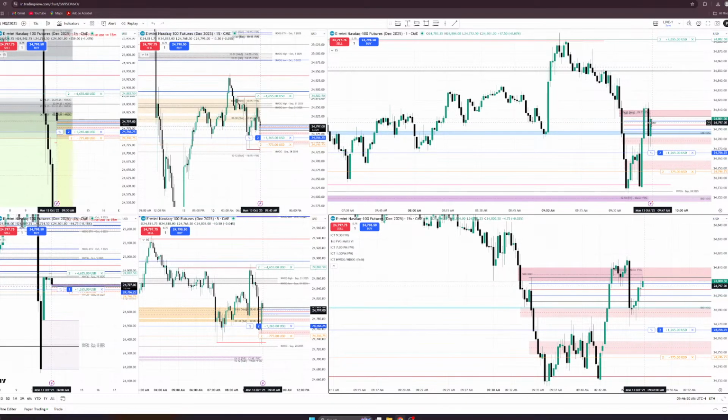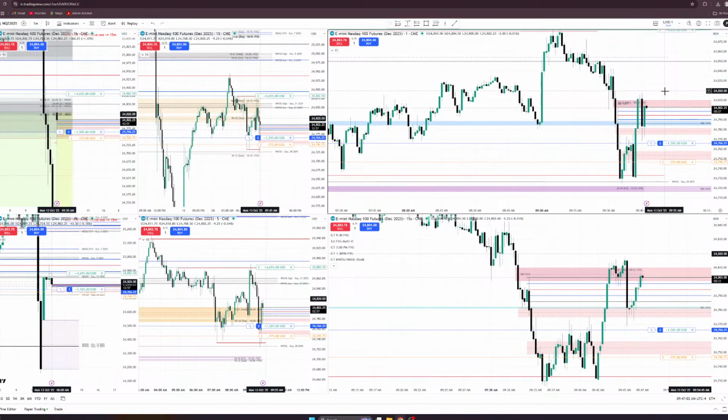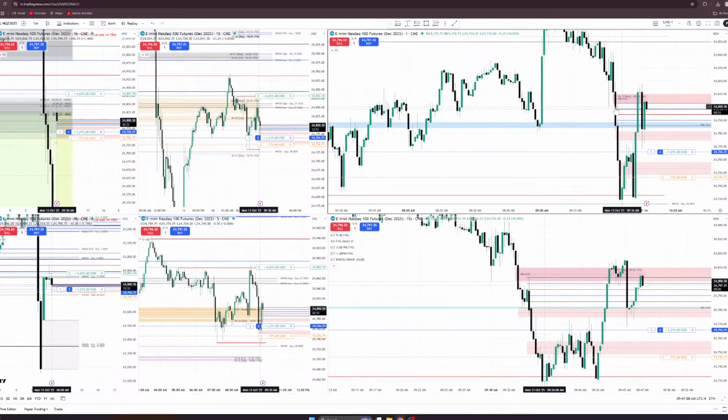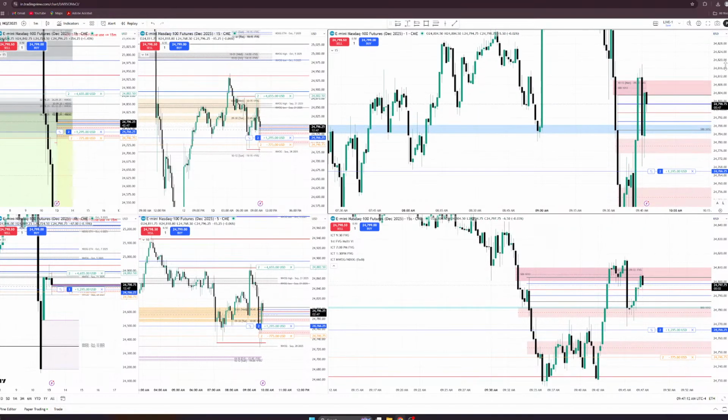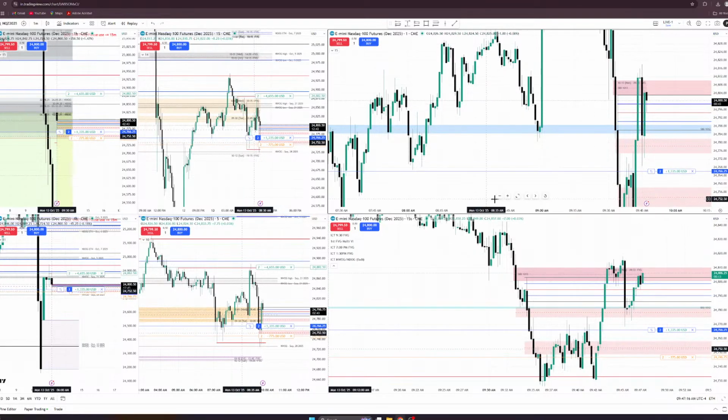So once price closes above this bearish candle, then we will have a bullish order block. Then I will adjust my stop loss to the low of this swing low. So you can see again we closed above 50% of this premium wick. So now we want to see price move away from this upper quadrant.